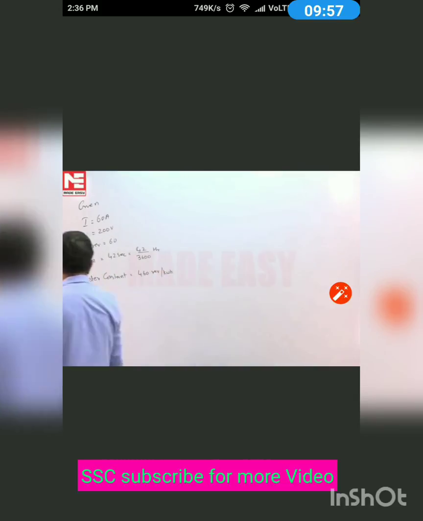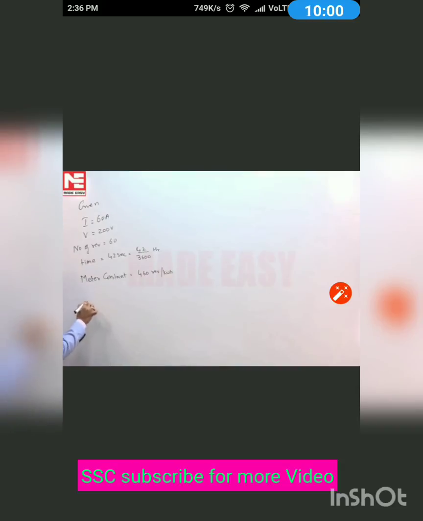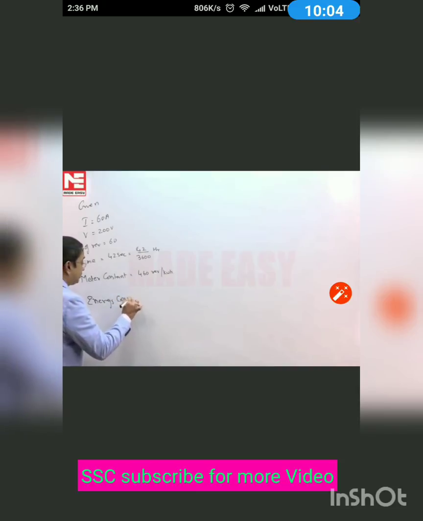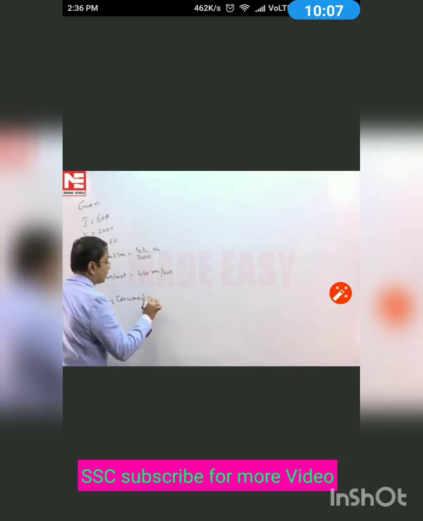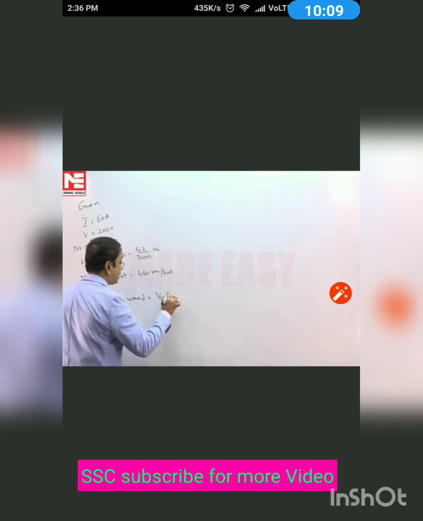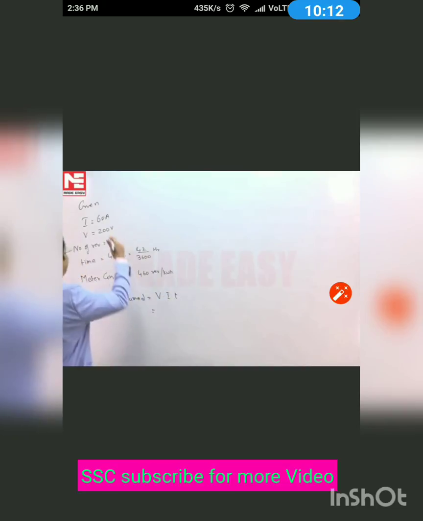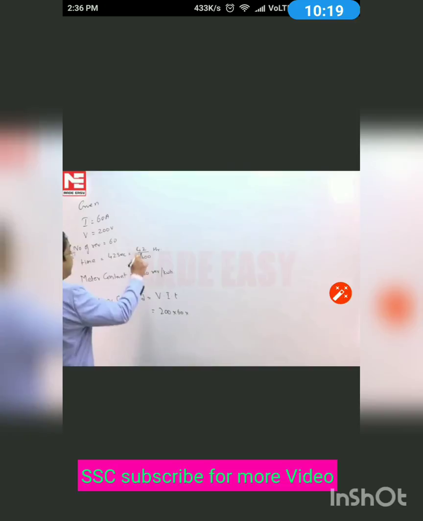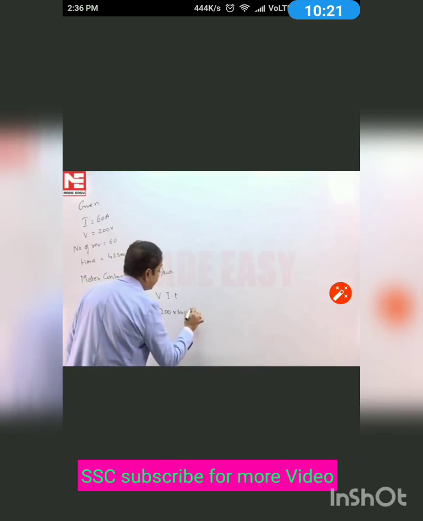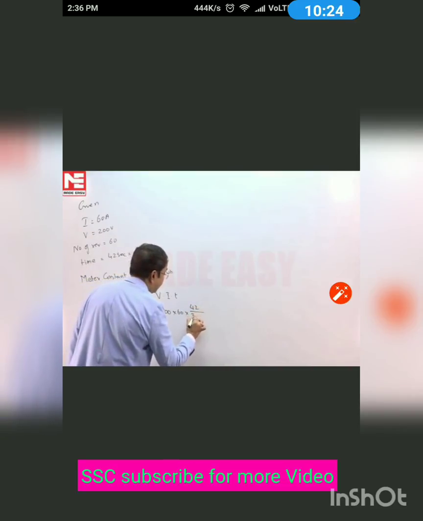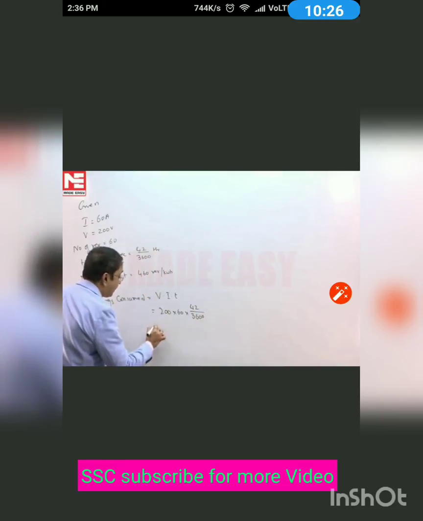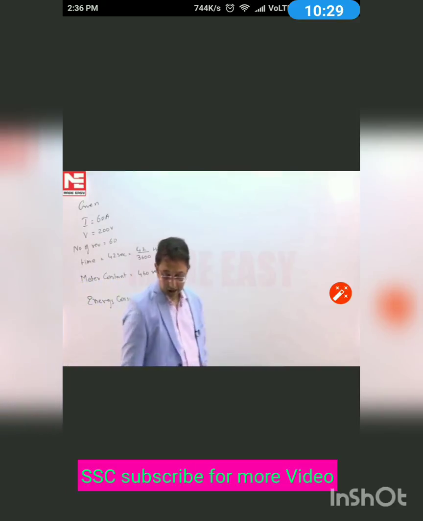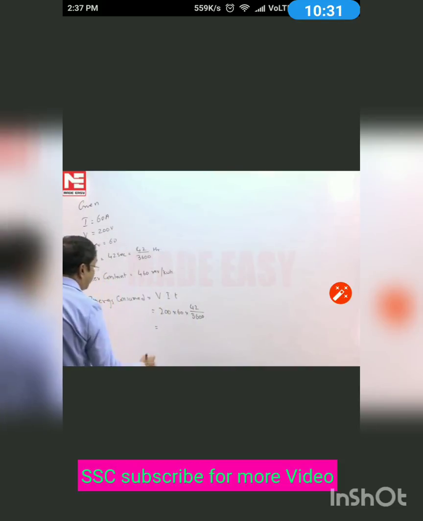The energy consumed by the load is going to be equal to V into I into T. The value of V given is 200 volts, the value of I given is 60 amperes, and T is 42 by 3600 hours. The value of the energy consumed in this case is going to be equal to 0.14